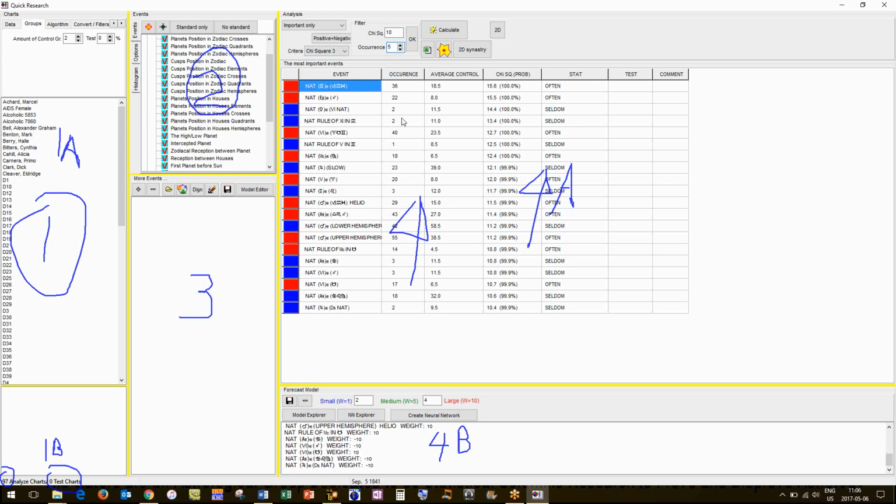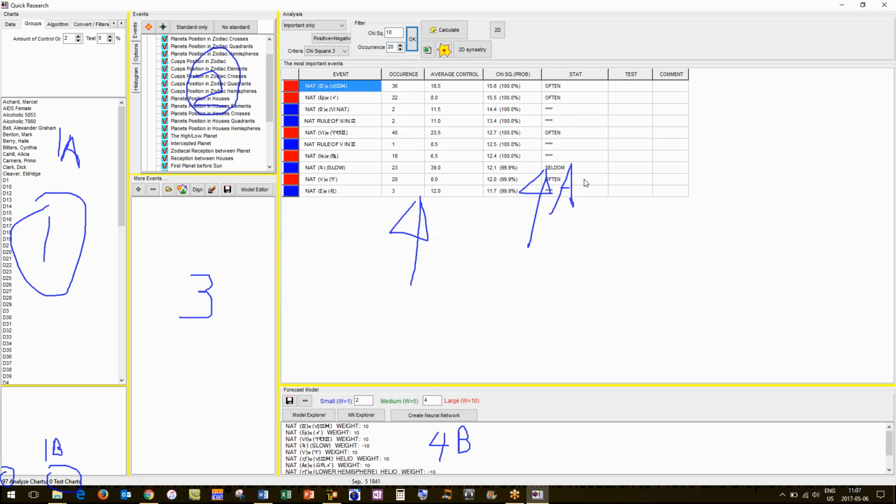So again, as we change this, if we set this to 20 and hit OK, you'll see that some of these drop off. And ones that were important have now been flagged as unimportant.